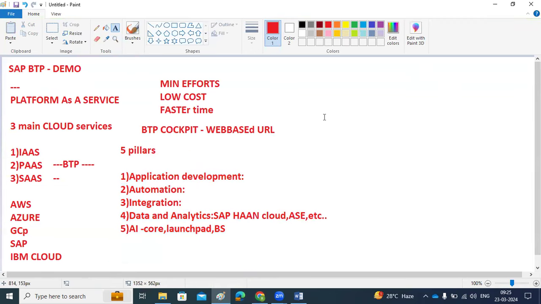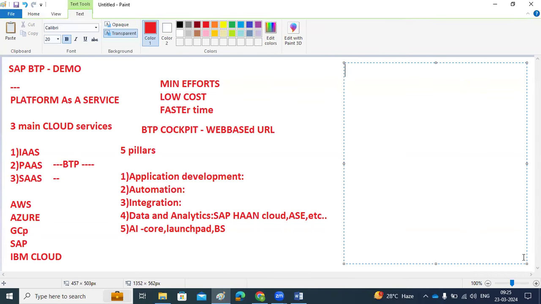So BTP, the word is not new actually. As I mentioned, in Jan 2021 they introduced a new platform called the BTP, but it's not really from Jan 2021. Suppose I talk about the history of the BTP here. I won't take much time, I will just complete this one. In 2012,